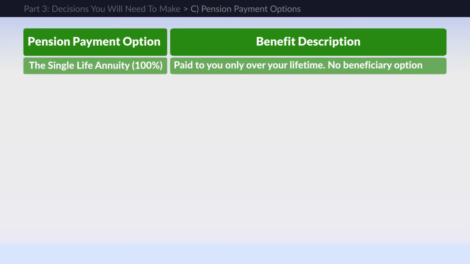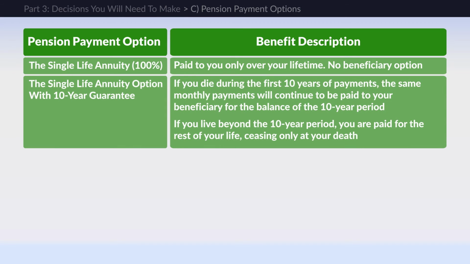The single life annuity option pays a monthly benefit for the rest of your life. However, it provides no continuing benefits to a beneficiary. The single life annuity option with 10-year guarantee is the same as the single life annuity, but it provides a potential payment to beneficiaries. If you die during the first 10 years of payments, the same monthly payment will continue to be paid to your beneficiary for the balance of the 10-year period. If you live beyond the 10-year period, you are paid for the rest of your life and payments cease only